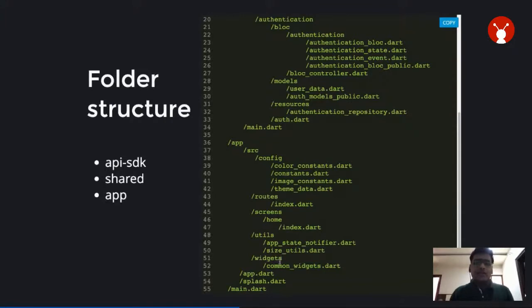So again, we have the widgets here. Here, all the common widgets would be kept inside the common widgets, like the widgets which are used commonly inside your app, like the button, customized button. We have the customized app bar or something. We can have all those common widgets here. You need not create them again and again. Moving on, we have splash.dart. This is a splash screen for your app. It comes out of the box with the Flutter Starter logo, but it is fully customizable. You can have it for your need inside your app.